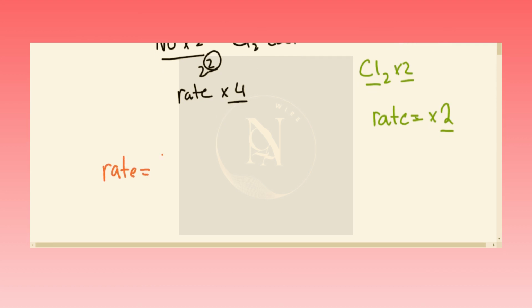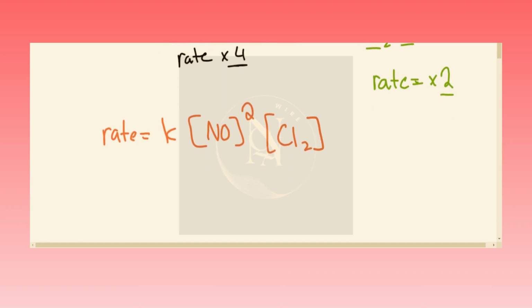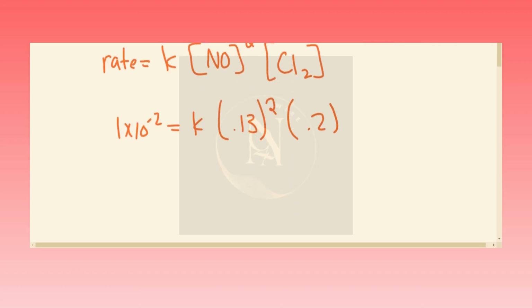The rate is equal to k times the concentration of NO squared, because it's second order, times Cl2. And that's our answer. Now, in order to find the rate constant, we actually have all this info. We can choose any one of the experiments. For instance, let's choose the first experiment. The initial rate is 1 times 10 to the negative second, equal to k times the concentration of NO, 0.13 squared, and then chlorine is 0.2. And when you do that and solve for k, you'll find that that is equal to 2.95